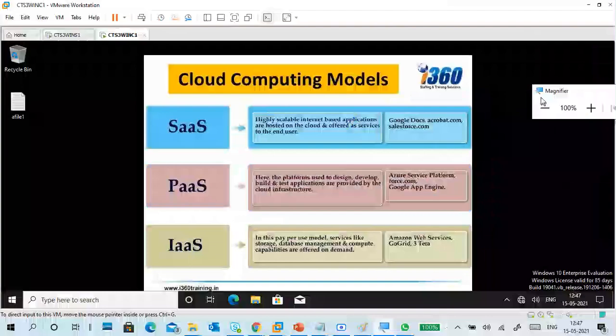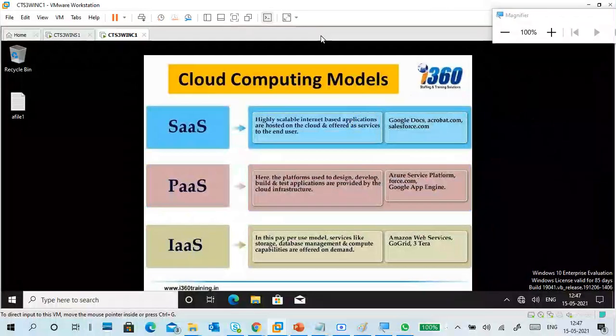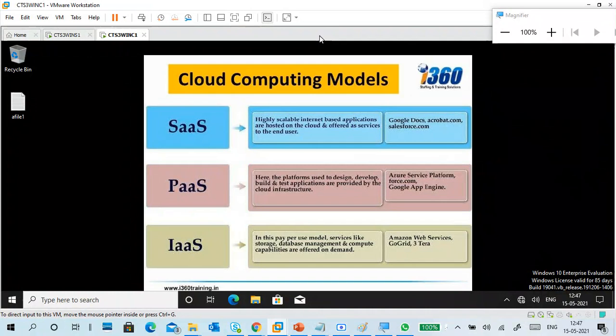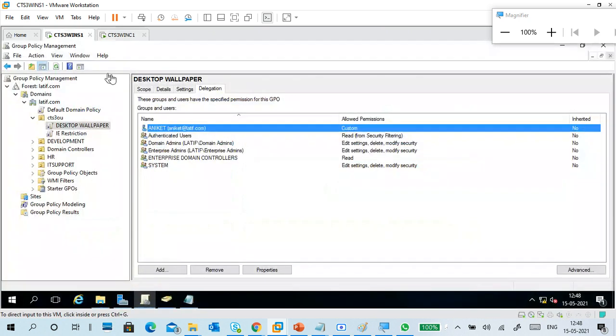So that's it. If possible, I will show you the printer kind of stuff. Printers also have a group policy, so deploying a printer through group policy is also possible. Okay. Now